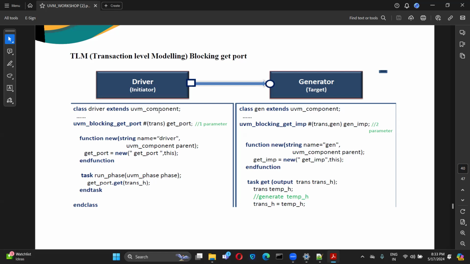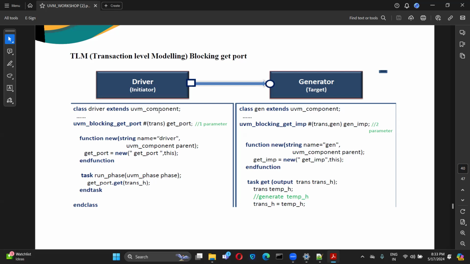Ma'am, it is a little bit different from SystemVerilog, as we know. We use put for sending data and get for getting the data. I am just telling that we are replacing that mechanism with TLM. It won't be the same as it is there. Here we have a different mechanism.